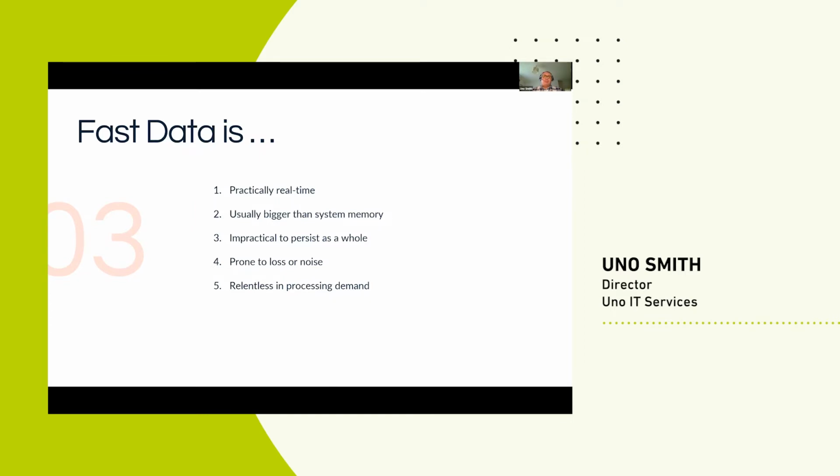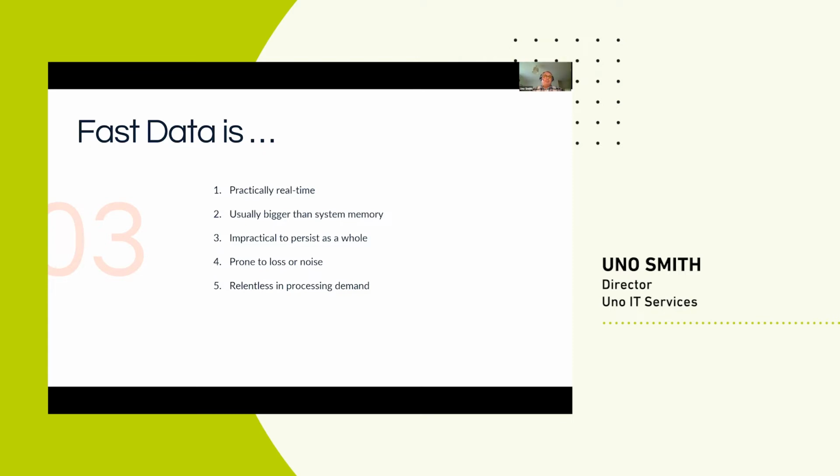Often data at this speed is usually bigger than system memory, and that forces a design paradigm that we've got to think through when it comes to building software systems to manage that. I will share a little bit of what I think some of the best ways are of doing so. It's also usually impractical to persist all of the data that we receive or generate, and that means there's got to be a decision about what is kept. And when you start doing that, you're effectively truncating the information in some way.